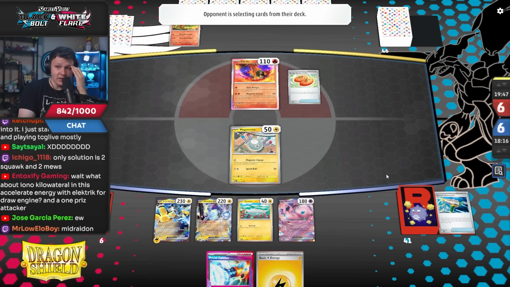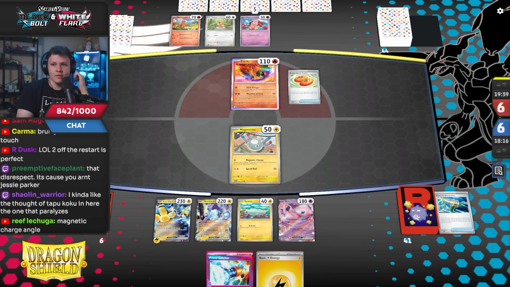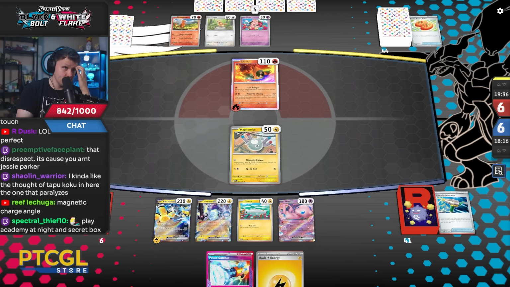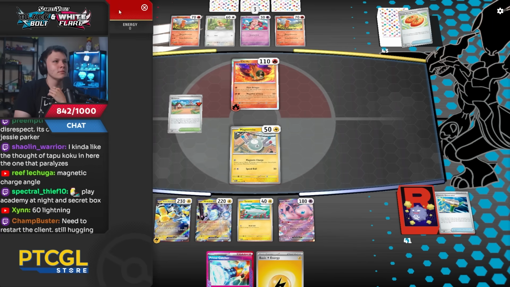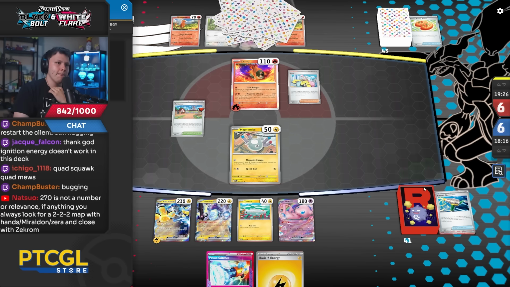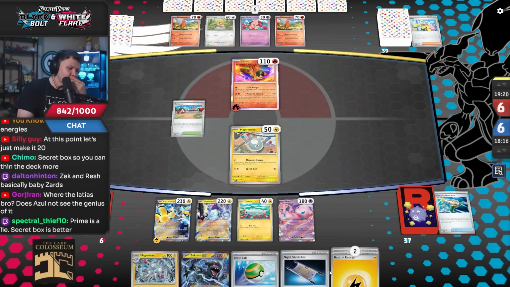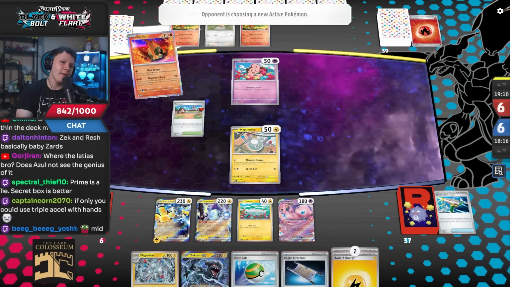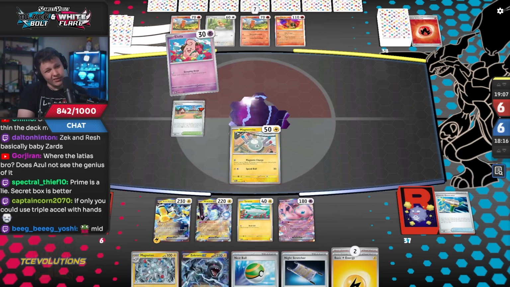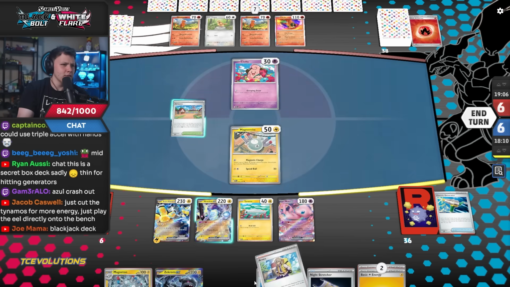What about I don't kill the acceleration energy with Electric Generator to draw engine? No, stop. It's terrible. What do you want from me, man? What do you want? Ooh. Yo, shout out my opponent, though, with the Iono hookup, bro. Let's go. It's mid. No. I can Magneton for... Can I get a Research or an Ultra Ball top? Can I get an Arven? Can I get... Oh my...